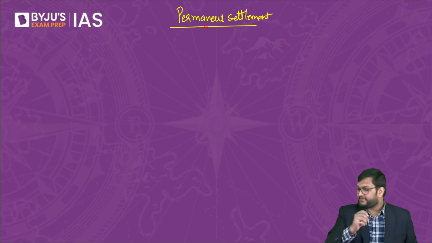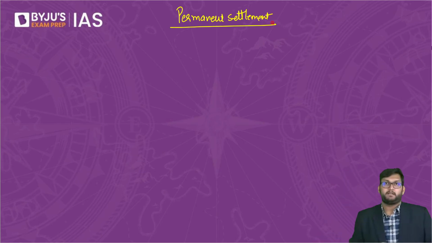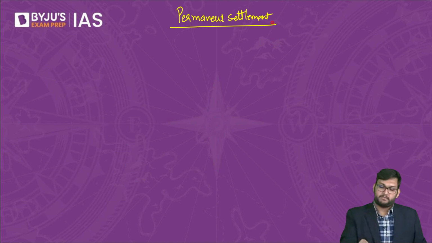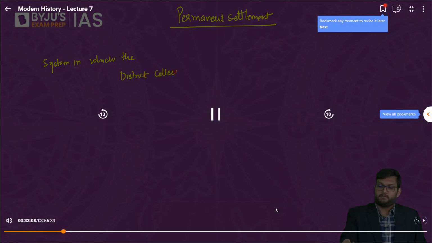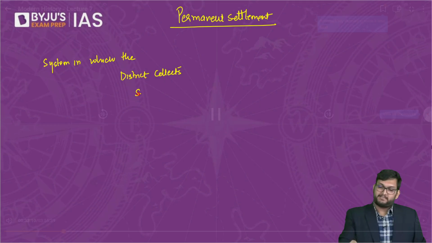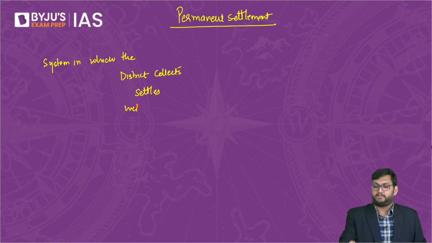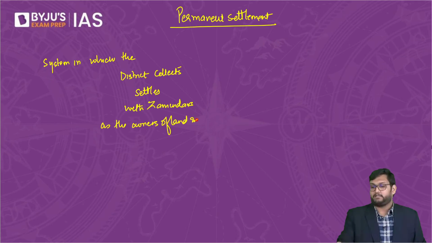The permanent settlement is nothing but the system in which the district collector settles with the zamindars as the owners of land and tax collecting rights,